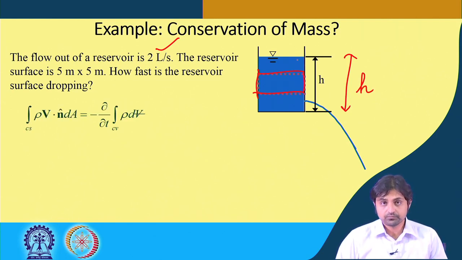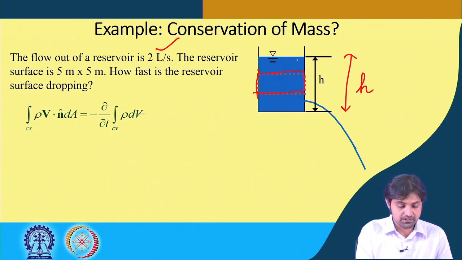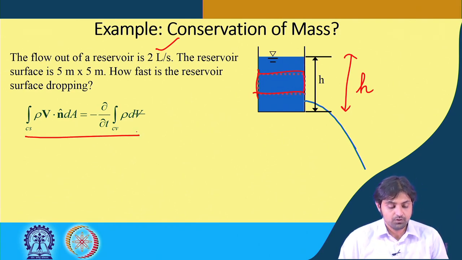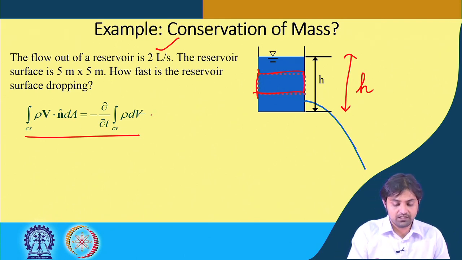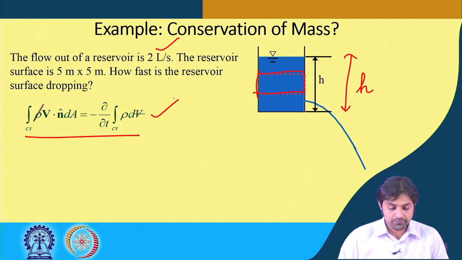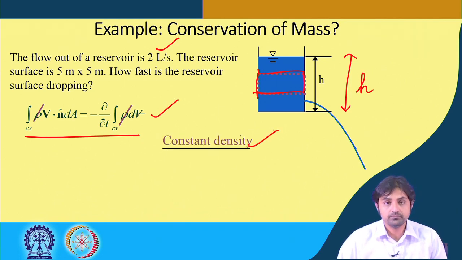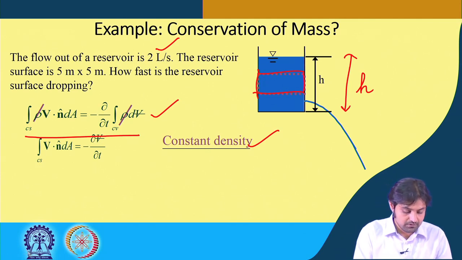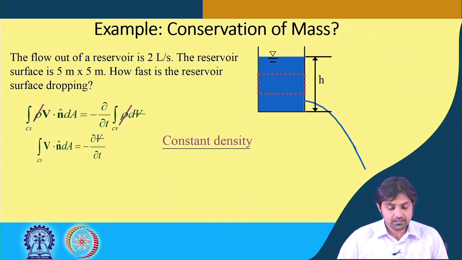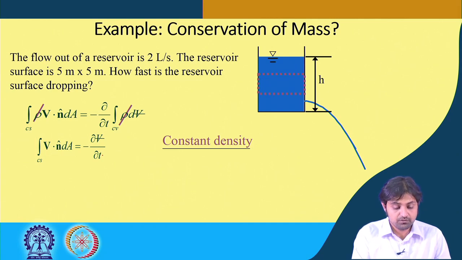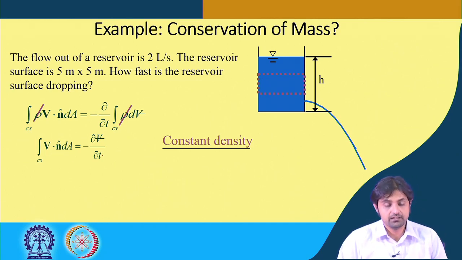So, the equation of continuity says from Reynolds transport theorem, the integral of rho v dot n dA is equal to minus del by del t of the integral of rho dV, because the total mass of the system, the control volume, is not changing. That is why we arrived at this equation. Okay. So, rho, because it has the same density, we can cancel these out, right. So, we get the integral of v dot n dA is equal to minus dV/dt.